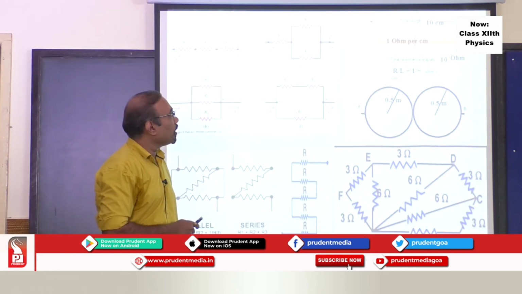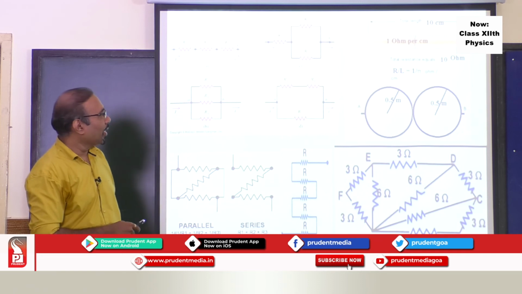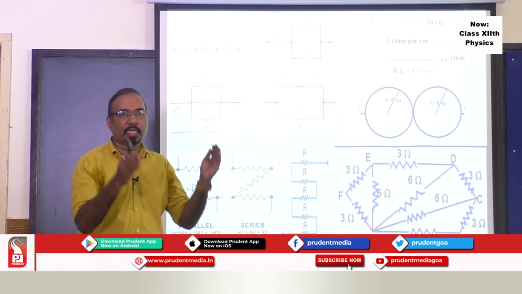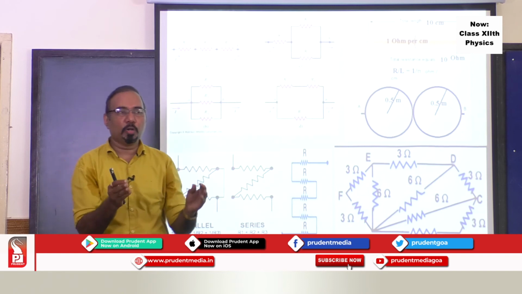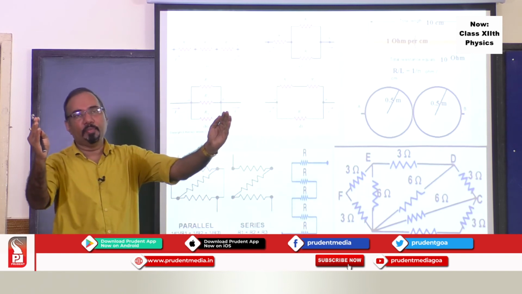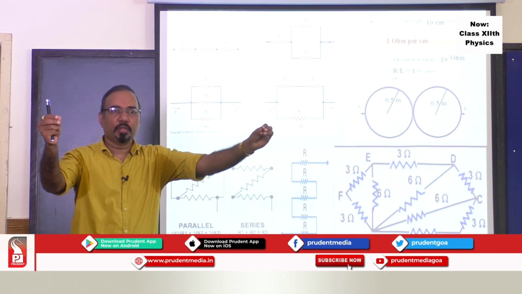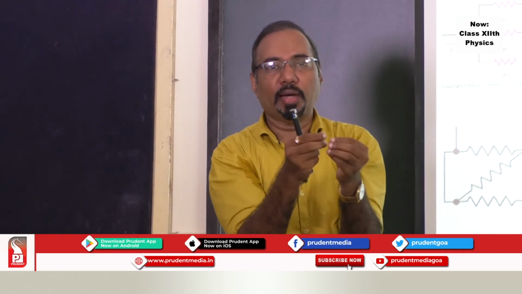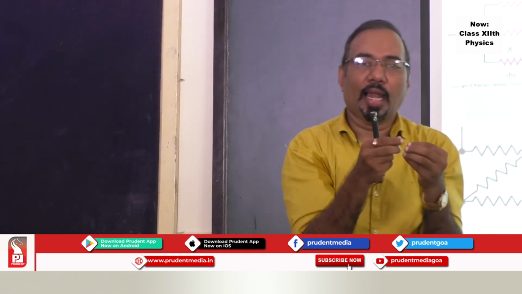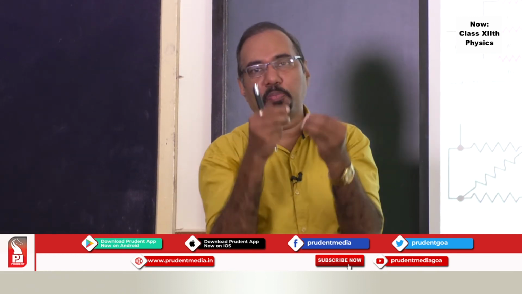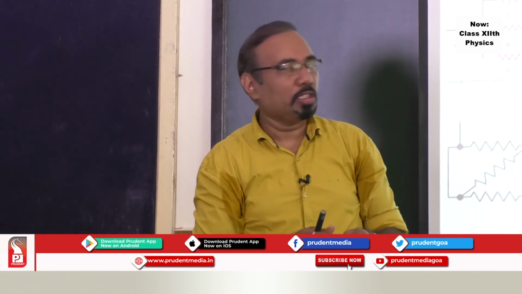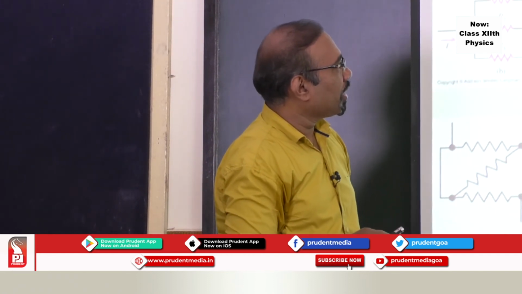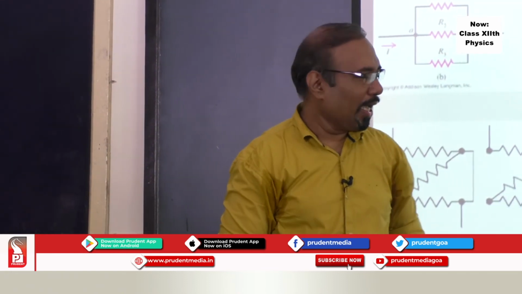Another concept which you should know is resistance per unit length. Resistance per unit length is nothing but the resistance divided by the length of the conductor. Suppose you have a wire of 1 meter. You find the resistance, say 2 ohm. 2 divided by 1 meter, or 2 divided by 100 centimeter, that will be the resistance per unit length which you can find out. Per centimeter you can find out. So this is the concept of resistance per unit length. So let's solve some examples based on this,